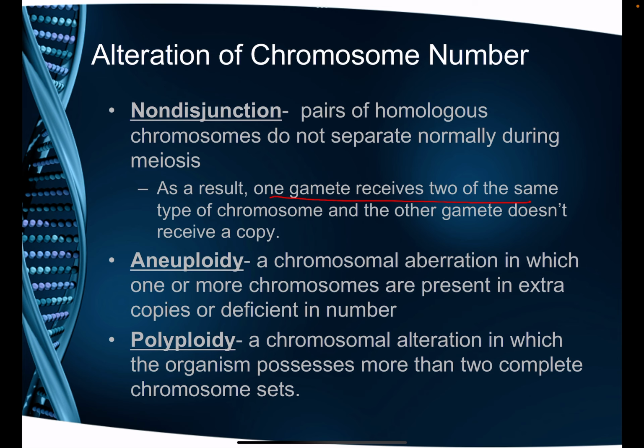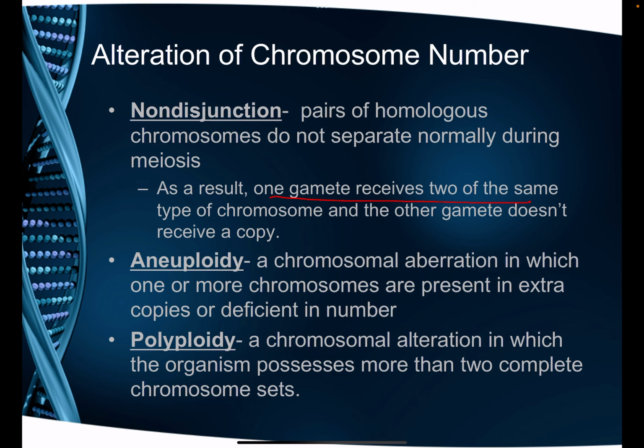Those would spontaneously abort. You could have an egg that way, and you could have a sperm that way, and they could combine in fertilization and start to develop a zygote or an embryo. But as that zygote or embryo is forming into a baby, it's going to be missing a lot of its normal life processes, and so it would go through a spontaneous abortion, and it may be so early in pregnancy that the mom may never even have known she was pregnant. So that's why you don't see a whole lot of those conditions where you're missing whole chromosomes. Okay,